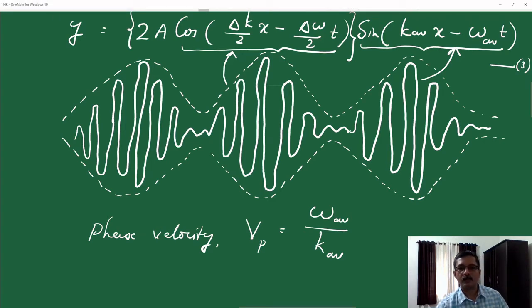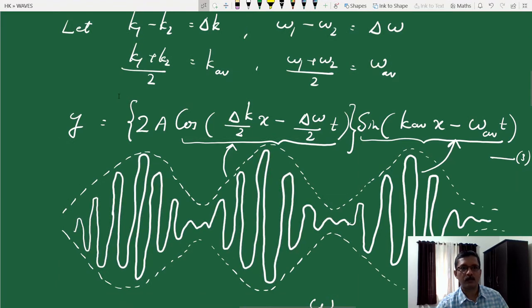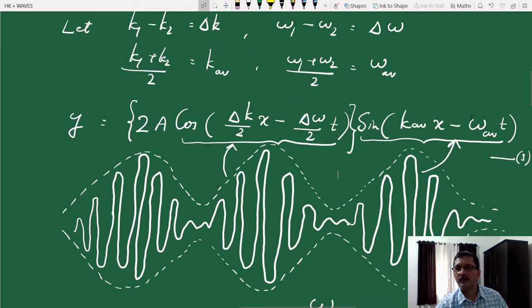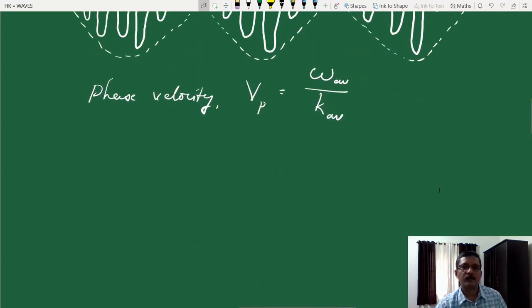And this modulated amplitude part, for this part also we can define a velocity. It is slowly varying, so that we can define a velocity. How do we calculate the velocity? Coefficient of time divided by coefficient of x. Okay, so see here it is omega by k, right? Coefficient of time divided by coefficient of x. In the same way, we can calculate the velocity of the slowly oscillating part by taking coefficient of time divided by coefficient of x. Or we can say the phase, we can keep it as constant and differentiate. Okay, and that way also we can do.